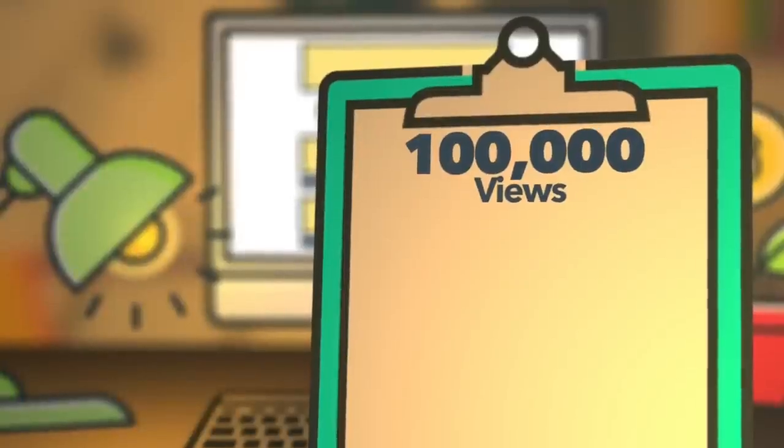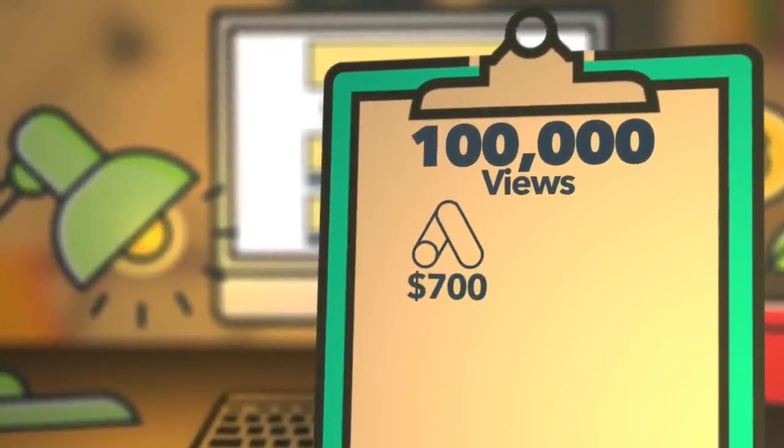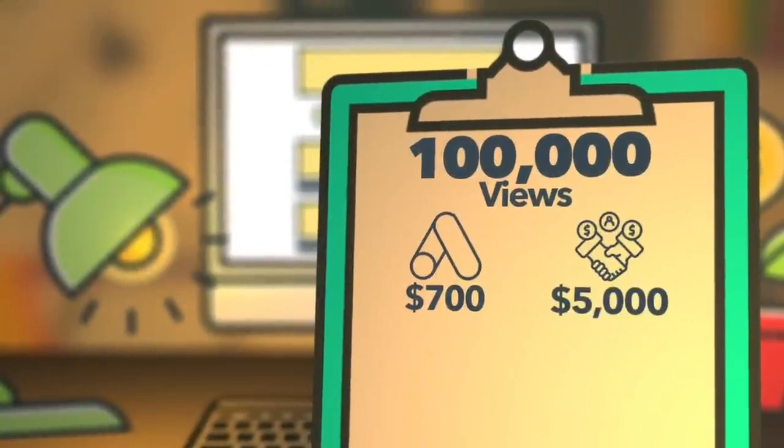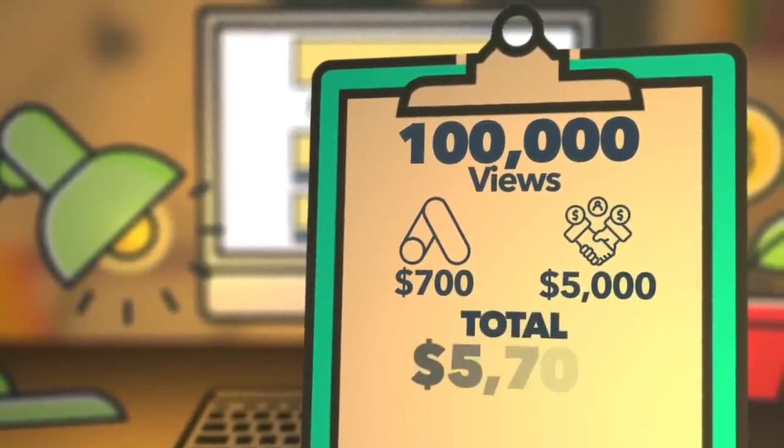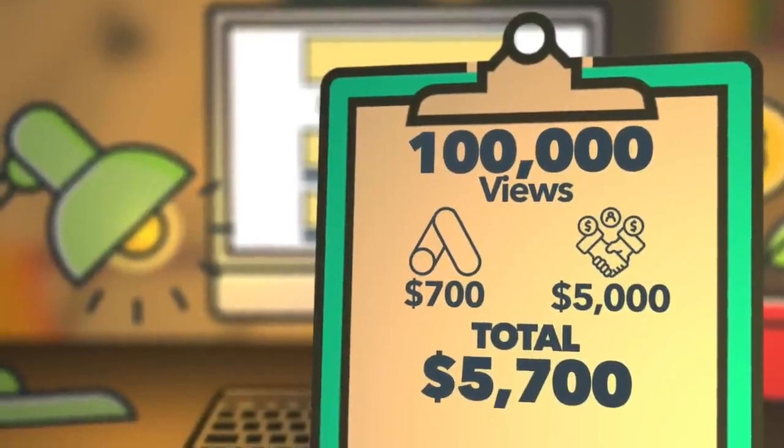So at 100,000 views per month, that would now bring us up to $700 from ads, which is very nice. But what's even nicer is from affiliate revenue, we would now be pulling in $5,000 per month. A lot of people could quit their jobs with the amount of money that we're making now, and that would bring our grand total up to $5,700 per month. And if we're getting 100,000 views per month in a good niche, we'll probably now be having brands reach out to us too for sponsorships, product placements and stuff like that. So let's say you do at least one product placement, make at least a couple $100, if not $1,000 from it, then we'd now be hitting $6,000 per month.